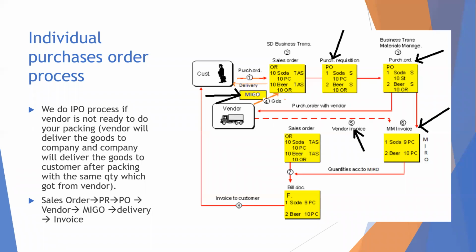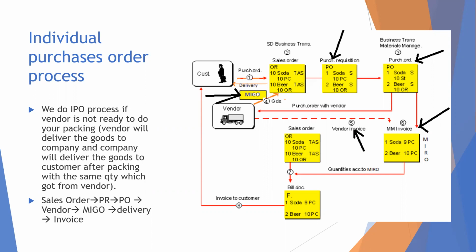If it is a subcontracting process, it is L. If it is a consignment, it is K. So I think you people have got this now. So for the PR as well as for the PO, the item category will be the same. As it is a third party processing, that is why S has been mentioned here as an item category. So yeah, thanks Farid bhai.